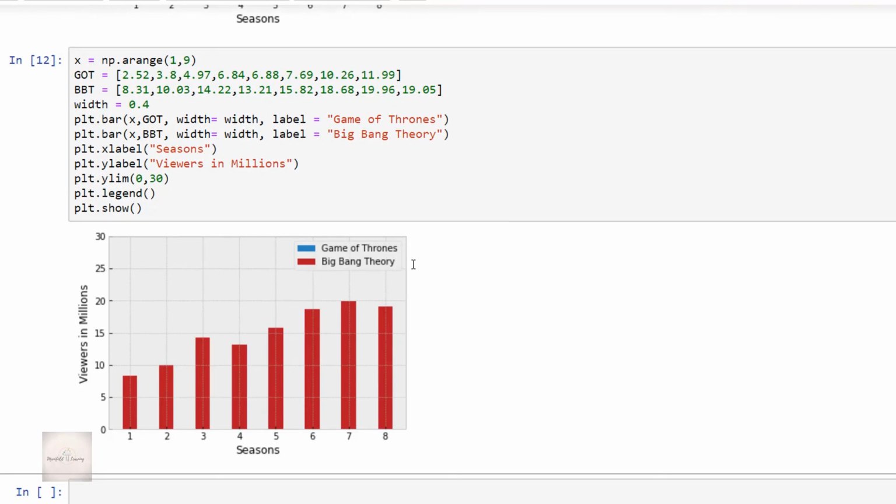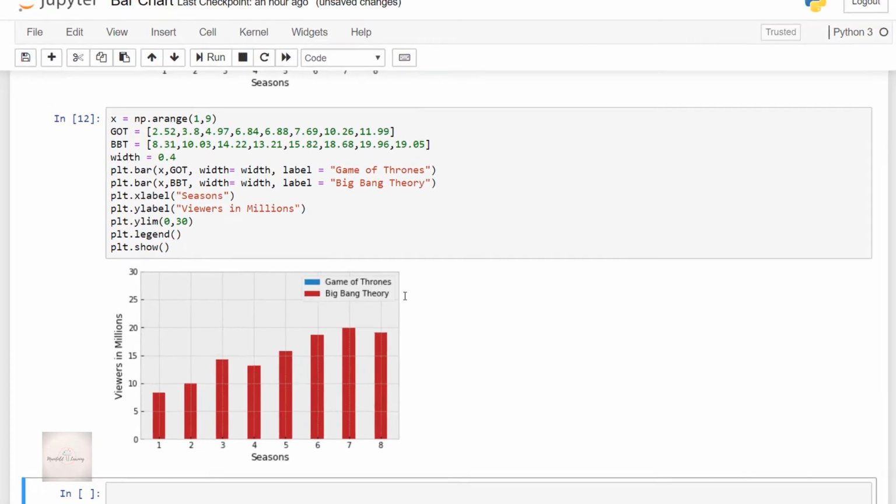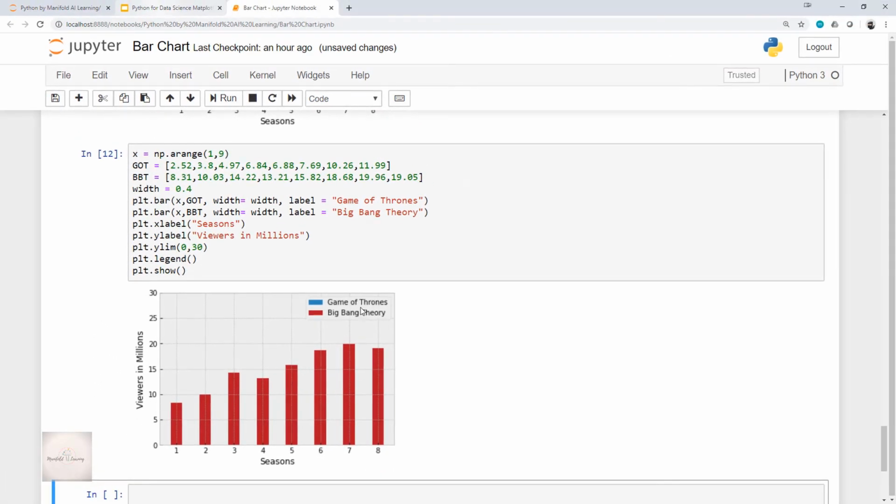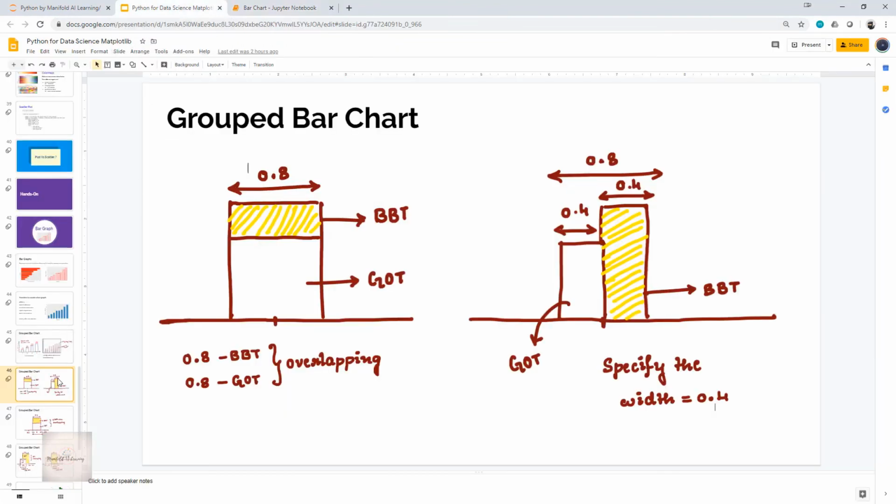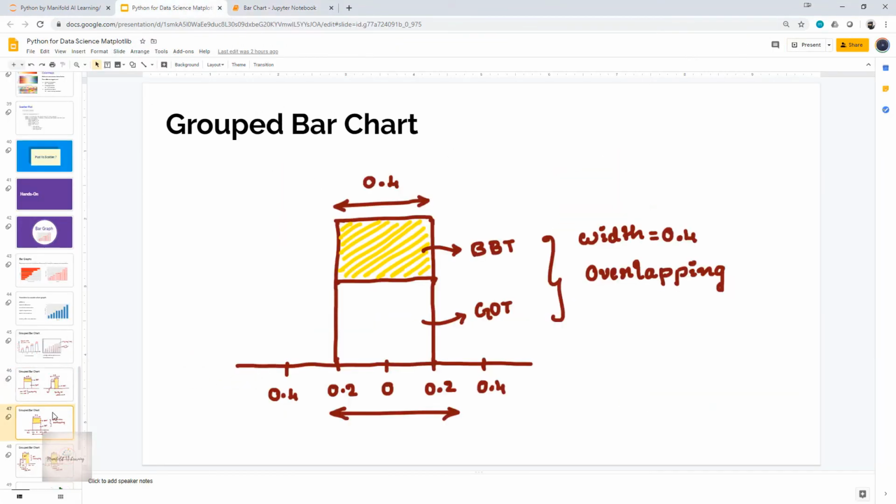Yes, output is here. But guys, it is not as expected. So again, what are we missing here? Don't worry, I'll give you the complete picture of these types of bar charts, that is group bar chart. The output which we are expecting is actually called a group bar chart. So before getting into the coding part, let me explain certain things which will give you the complete picture and all the answers for your whys.